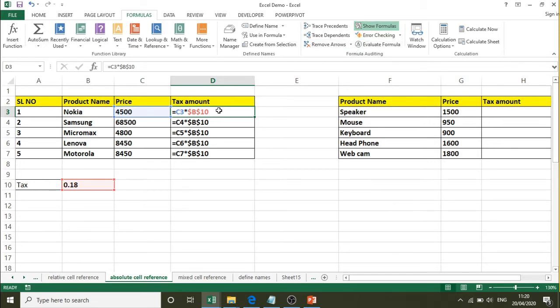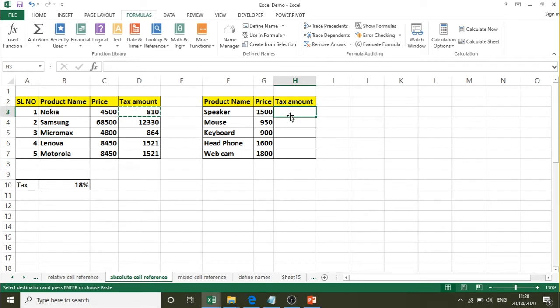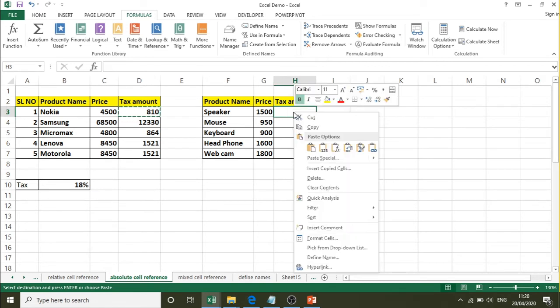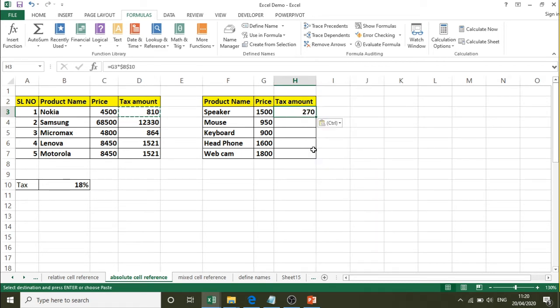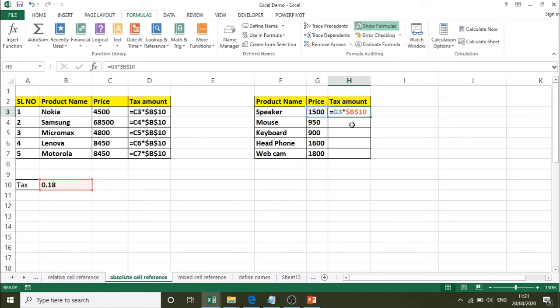Similarly, if I copy this cell and paste it in this tax amount column, see here. It was C3, now it is changed to G3 because I copied 1, 2, 3 and 4 steps.